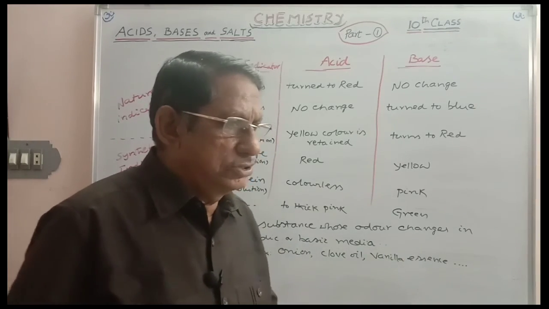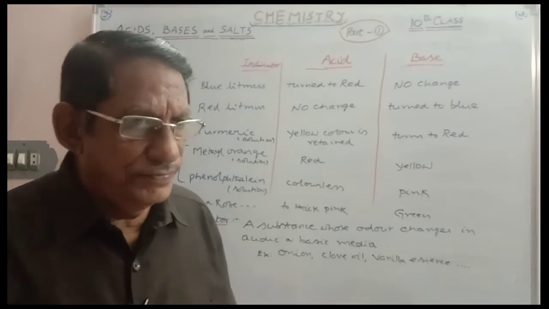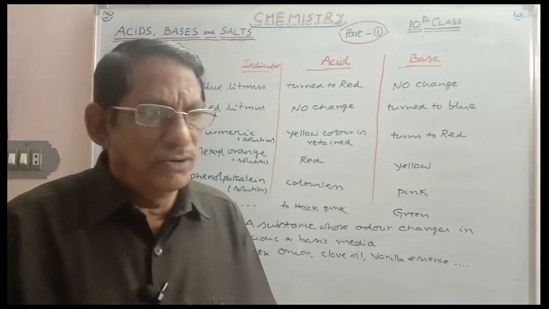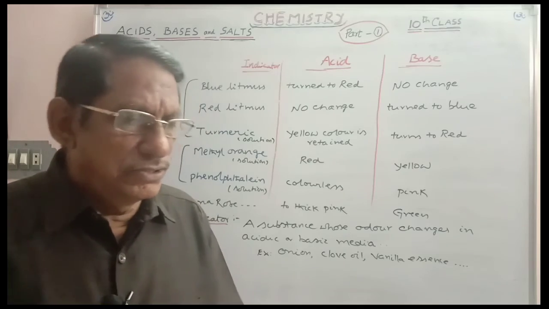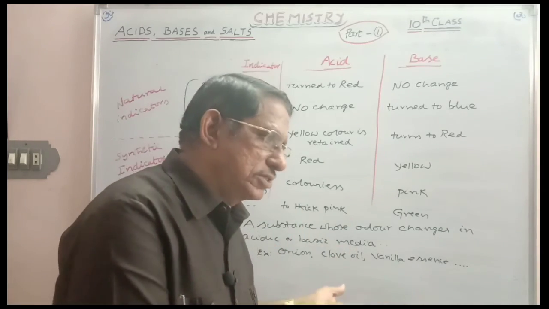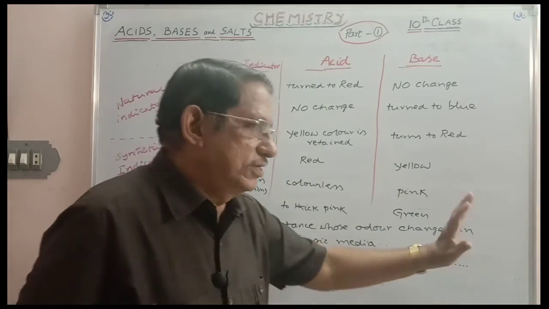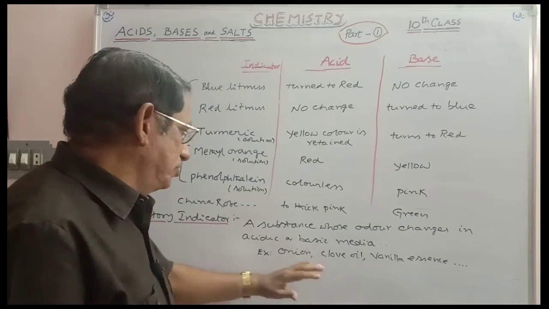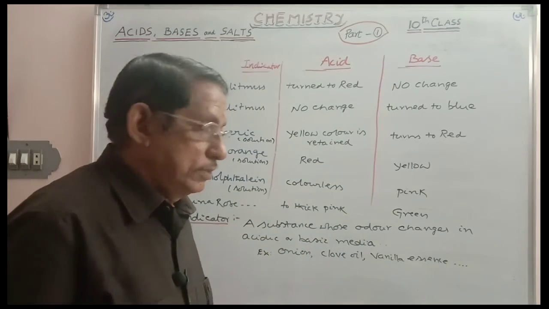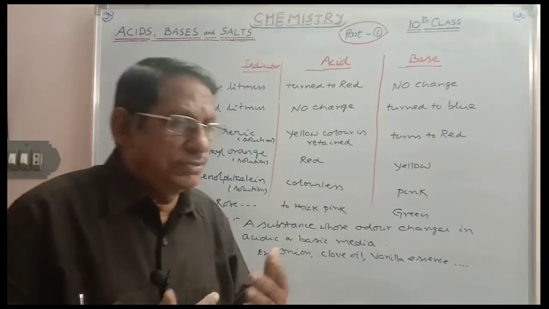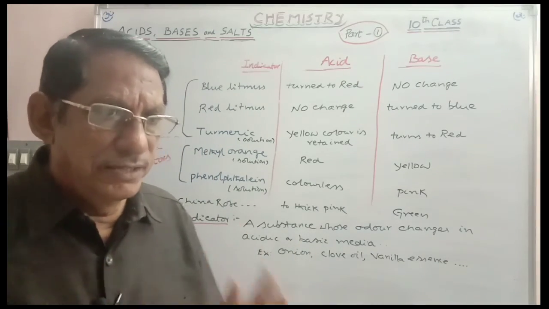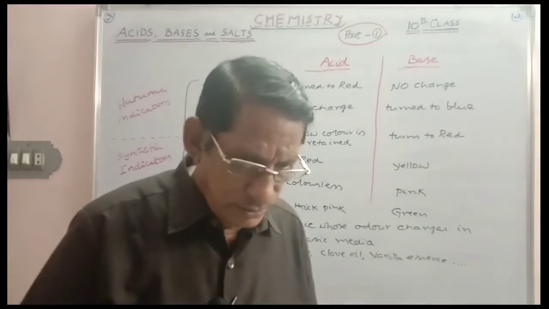Add one or two drops each to base and acid and smell them. You can recognize which has the odor change and which does not. The one having a change is base, and the one not having a change can be treated as acid. So this is the test for olfactory substances. Okay, so this is about the indicators. Now we will consider examples of acids and bases, and then the properties of acids and bases in a detailed manner. Okay, please note it.